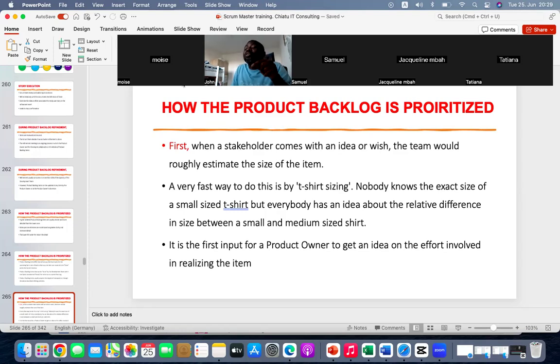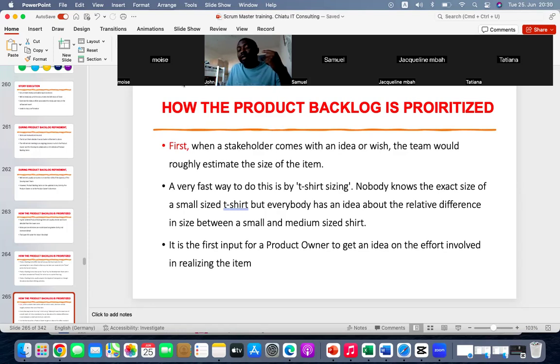Why? Because this refinement and estimation can still be done in the sprint planning. That is why the creators of Scrum gave a duration of 8 hours for a 1-month sprint. So it is assumed that they will take 1 day to refine and estimate the work they will be doing for the whole sprint. But refinement is just a product backlog management event, just to make the work of the PO and the team easy. And because of refinement, it reduces the length